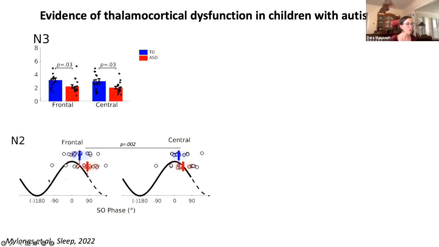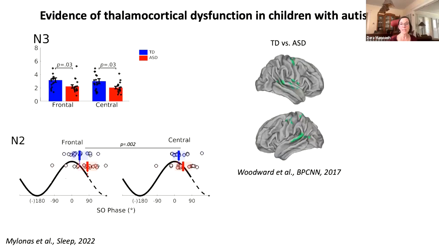What I'm showing you is a canonical slow wave, and what's happening is that in autism, the spindles are peaking later in the slow wave upstate, and they are more variable in the time of peaking. This is consistent with a disruption in the dialogue between the thalamus and cortex during sleep. During wake, similar to what we see in people with schizophrenia,